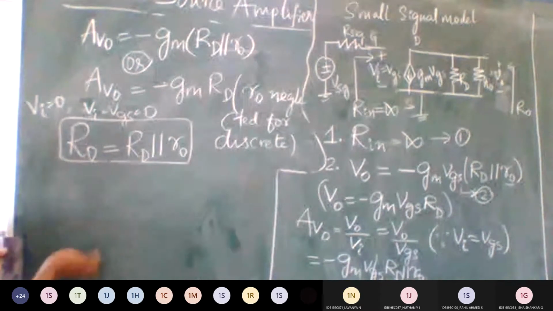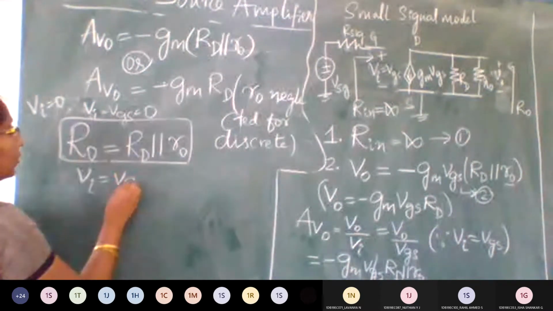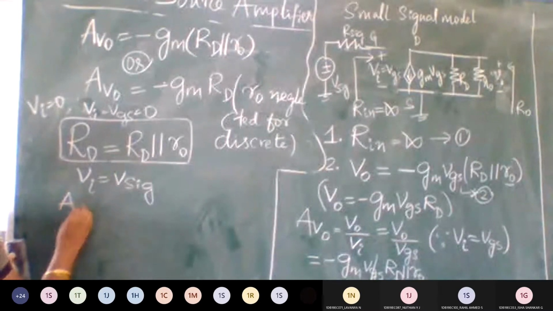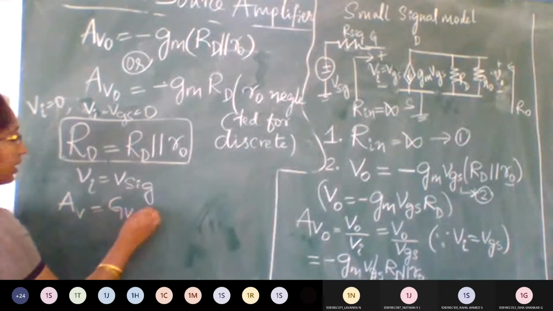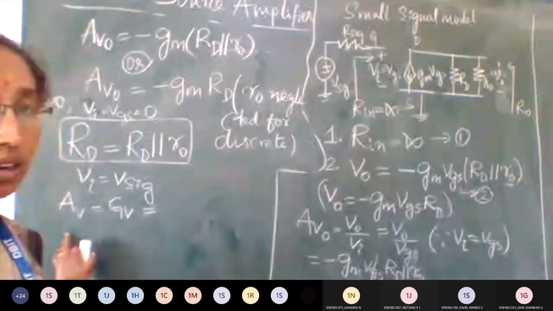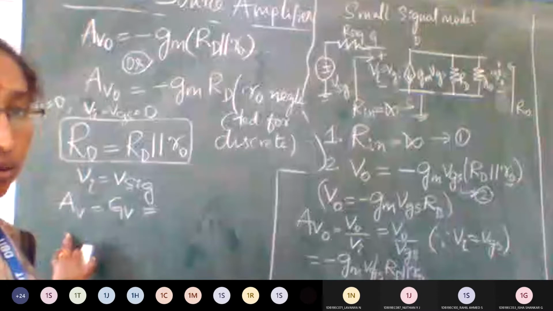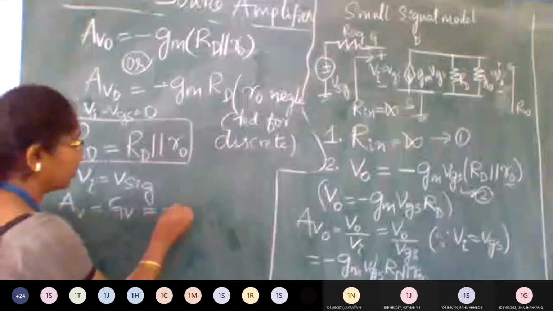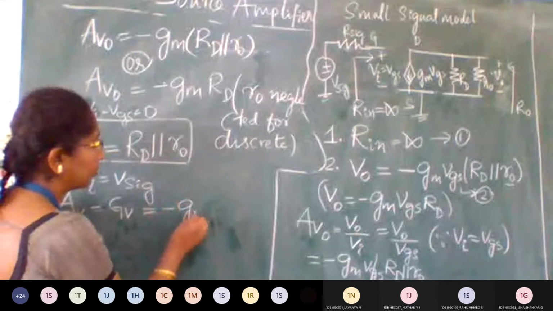So next, input voltage is equal to V signal. So AV can also be written as GV. GV is overall gain, so overall voltage gain or voltage gain, both are the same. So it will be minus GM into